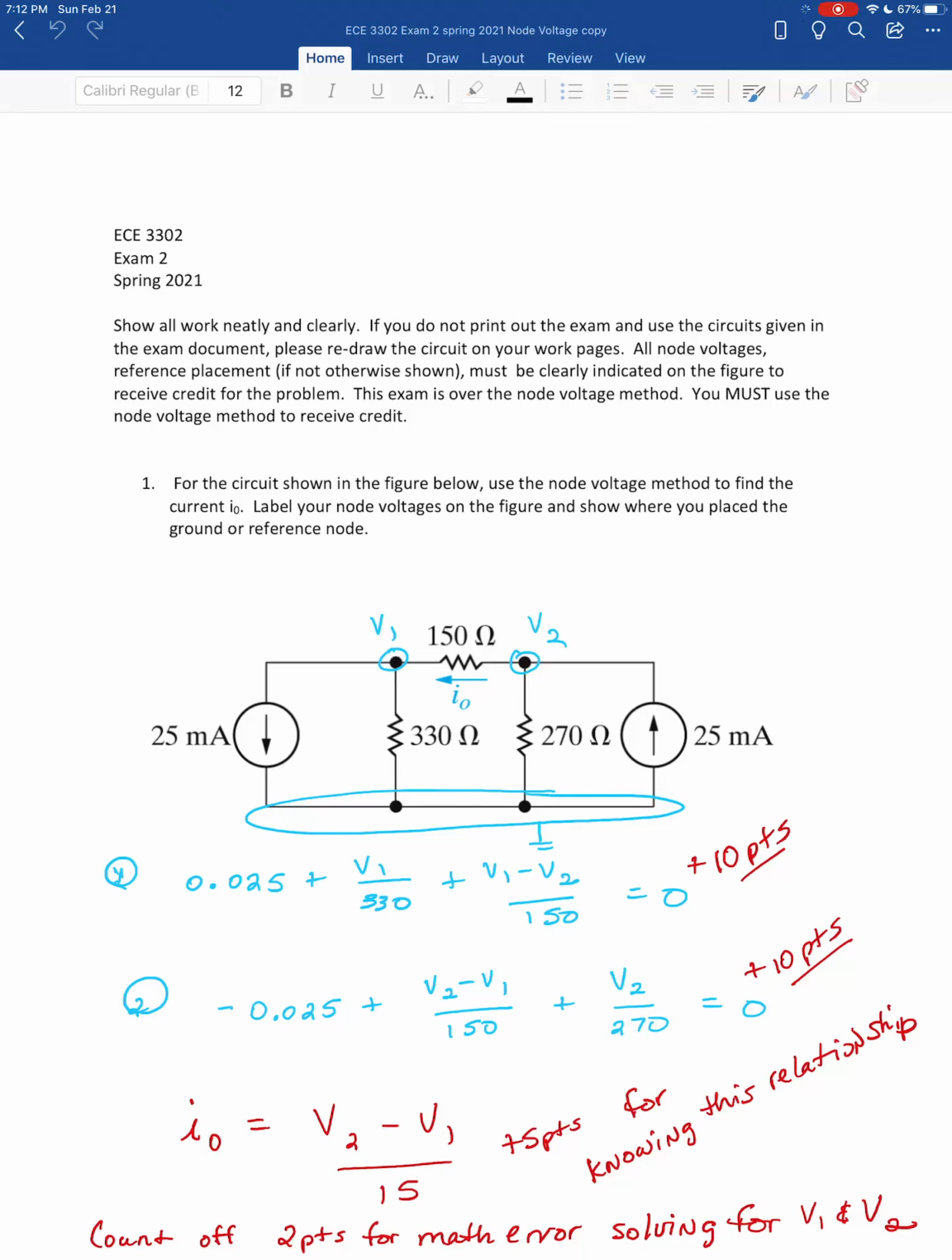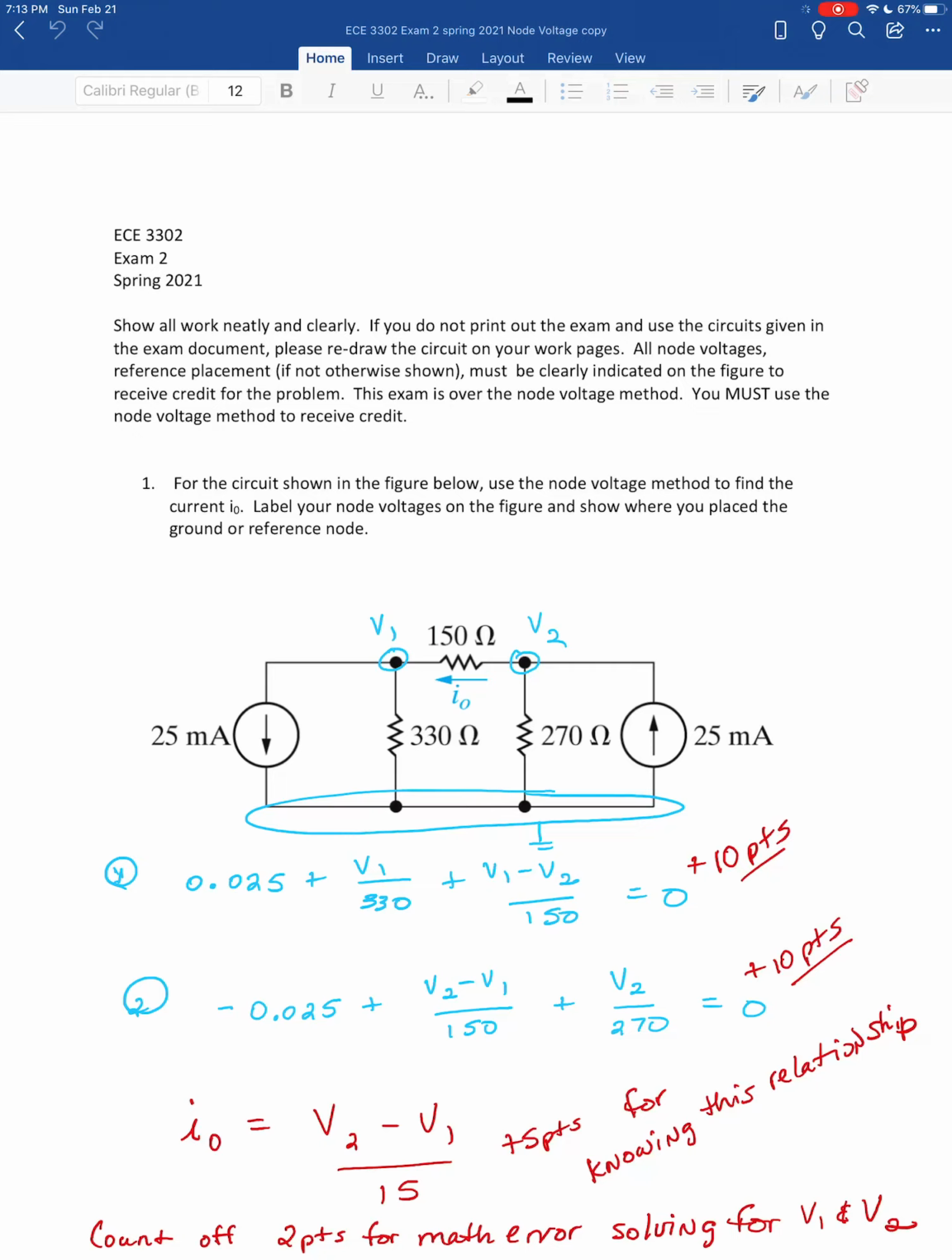Okay, this is the video that goes over exam 2. Exam 2 had 4 questions and it only covered node voltage. So you had to know how to write node voltage equations in order to make above 0 on this exam. To remind you, node voltage equations are KCL equations, but they are always written in terms